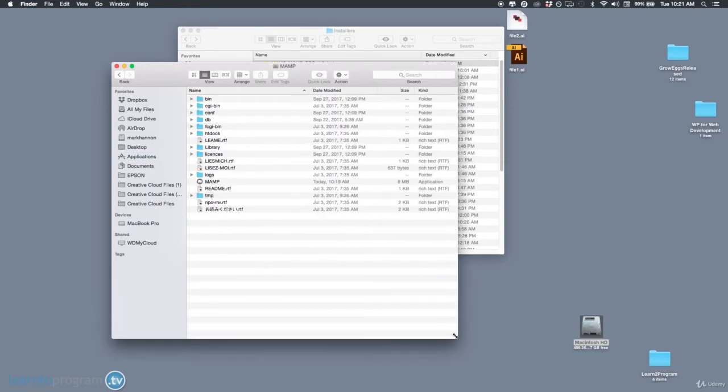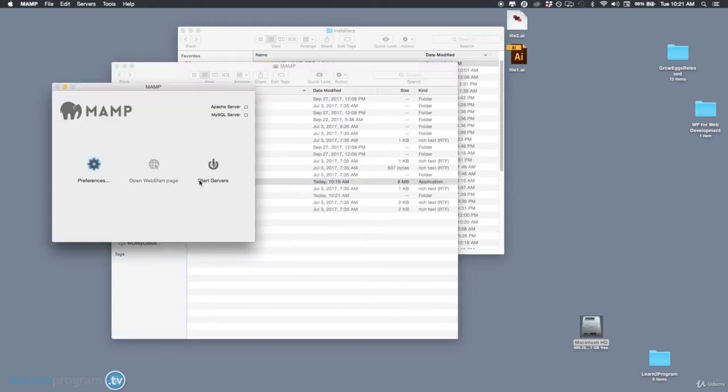There is a lot here, and there is no reason for you to be nervous about any of this. The only folder that we need to even worry about here is htdocs. But what we're going to do first is we're going to launch MAMP. So what you see is that we have now a startup screen, and it's going to open up a web start page. Once it is up and running,